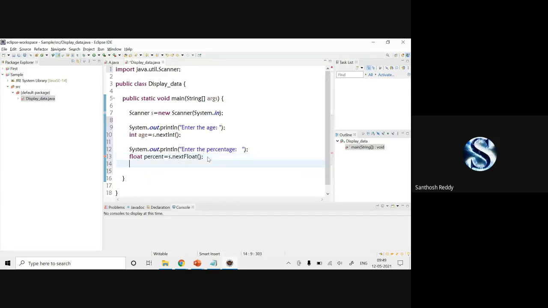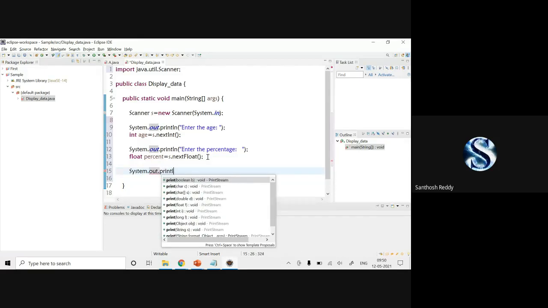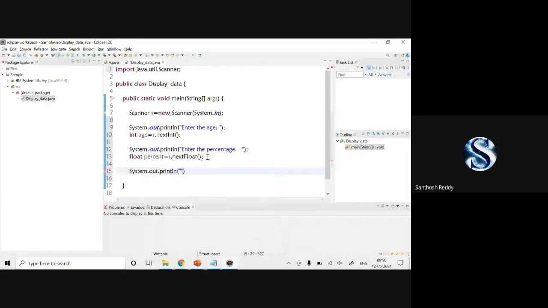Now, if I want to store a byte, I'll write System.out.println, enter the byte value, and give a semicolon.